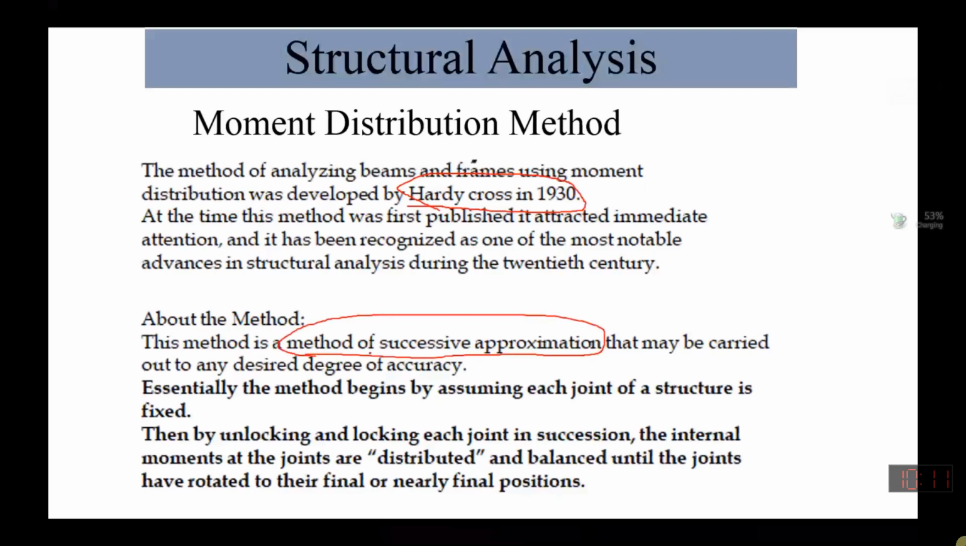It goes like this: we go through certain approximations by considering that initially our joints are fixed, that each joint of the structure is initially fixed. Let's say, for example, if I draw a continuous beam over here,